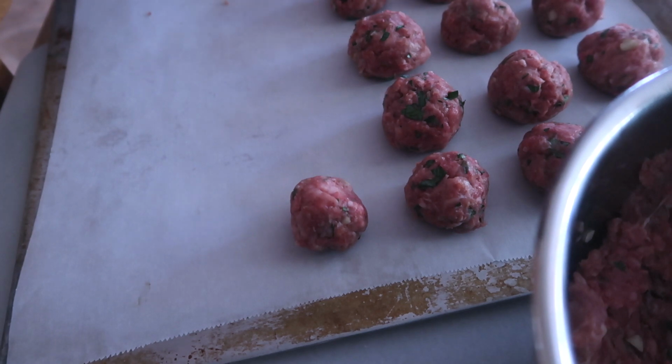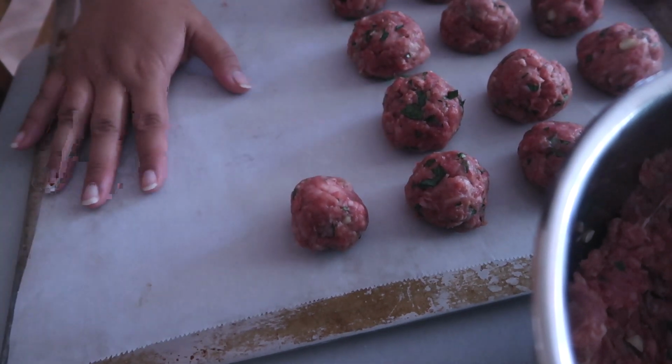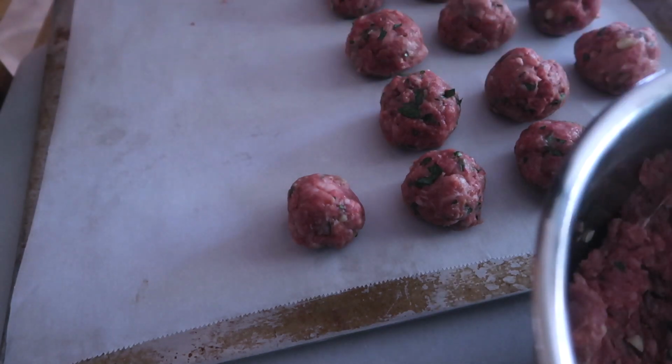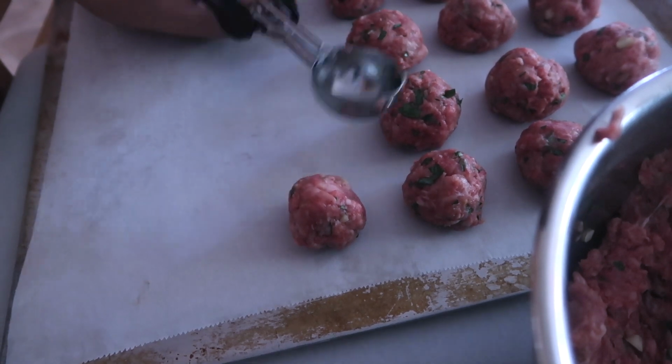So now that you've had your meat sit out for about an hour, it's time to roll it out. The key to making meatballs is uniformity. Say it with me, guys. Uniformity. To make them the same size, I like to use an ice cream scoop, and